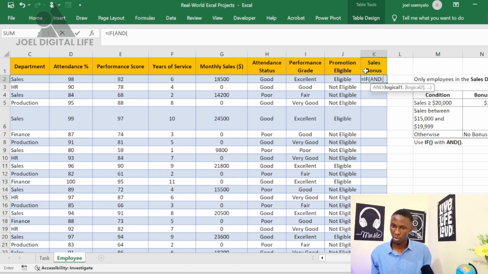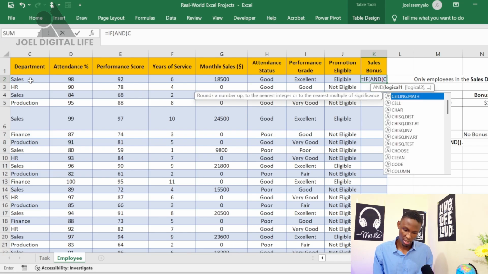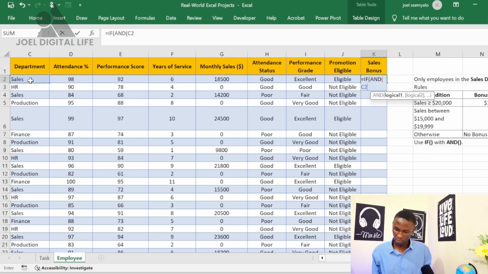Okay, I'll put and, then I click my sales department, sales C2, if it equals to sales, comma,